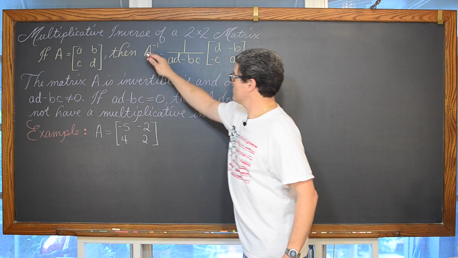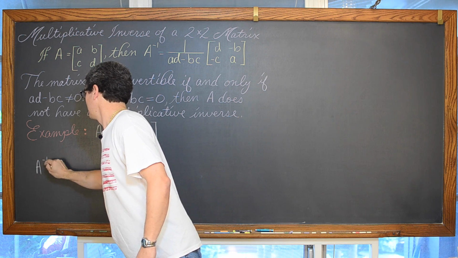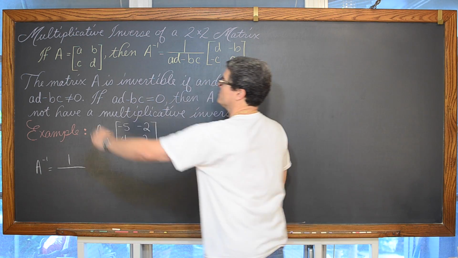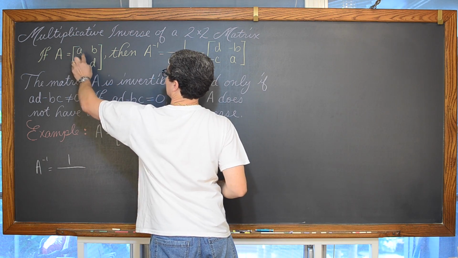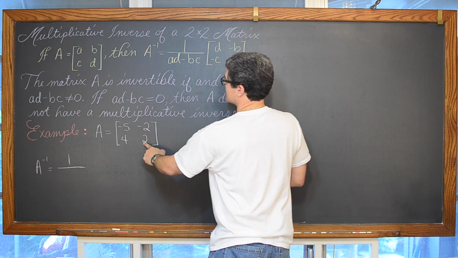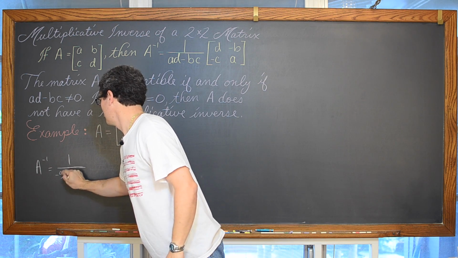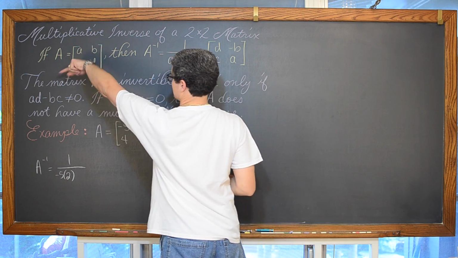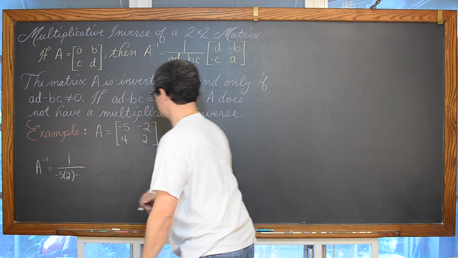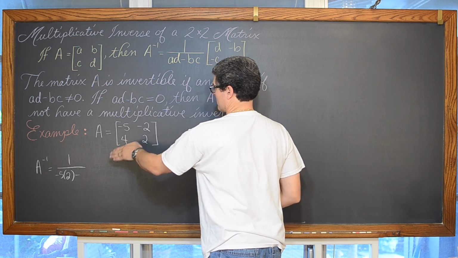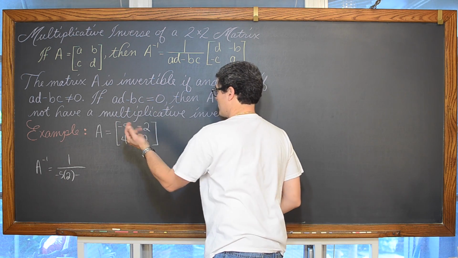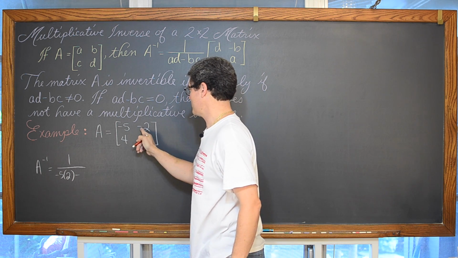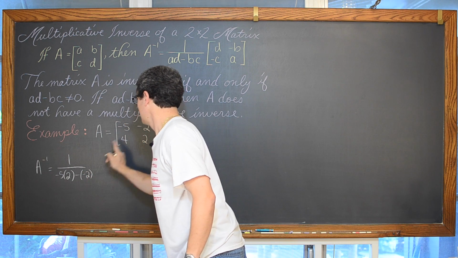We're going to have the inverse of matrix A is equal to 1 over, okay, now let's see here, A and D. Take those elements in that down to the right diagonal, and we're going to do negative 5 times 2 minus B times C. So we're going to do minus, let's see here, 4. It doesn't matter because multiplication is commutative. I can put the 4 first or the negative 2 first. I'm going to do, let's do top to bottom if you will. So negative 2 times 4.